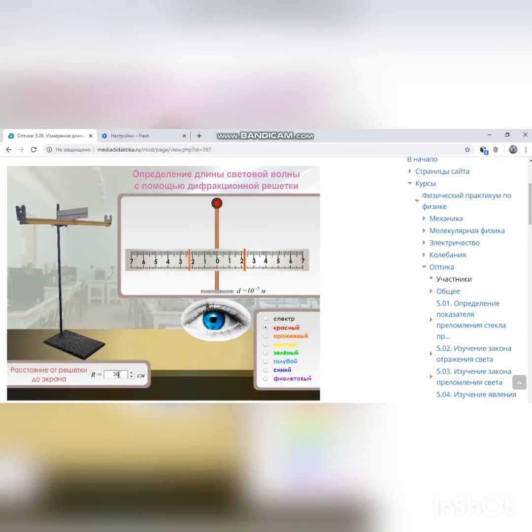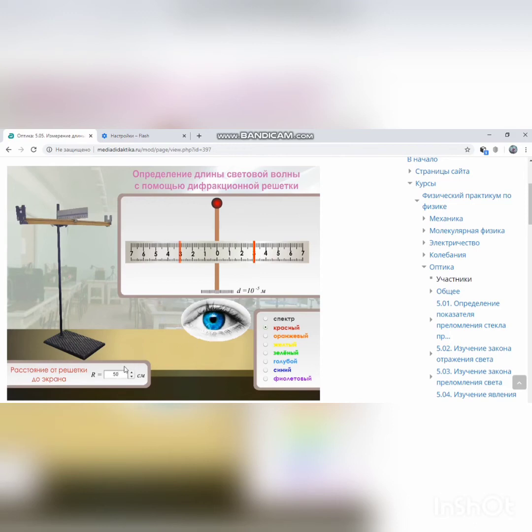Then we give the example for the red, 30 centimeter. Then red here. The red S is 2.2 centimeter. From these values, we can find the wavelength for red. In another laboratory, we take the value 40 centimeter, then the distance between the central band and the spectrum will change. If R is 15 centimeter, then